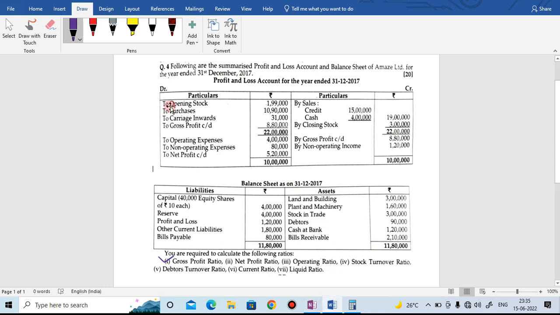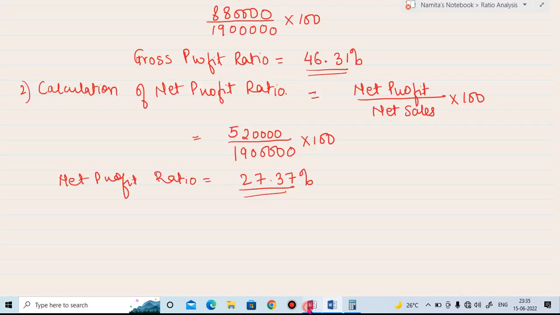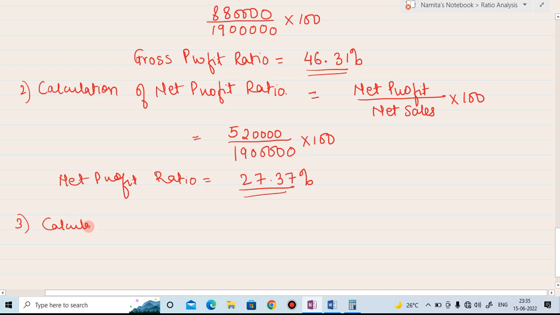So this is our net profit ratio. Now net profit ratio we calculated, tick mark. Next we have to find operating ratio. The third ratio is operating ratio. Calculation of operating ratio. Now to calculate operating ratio, the formula is